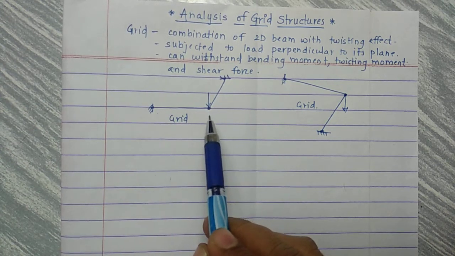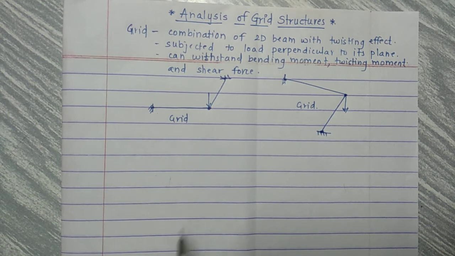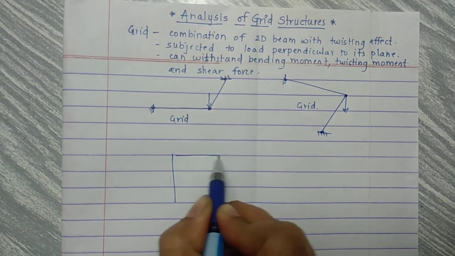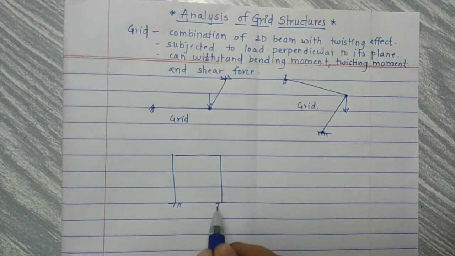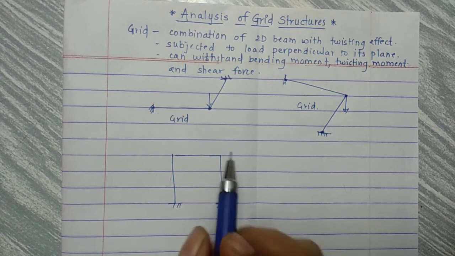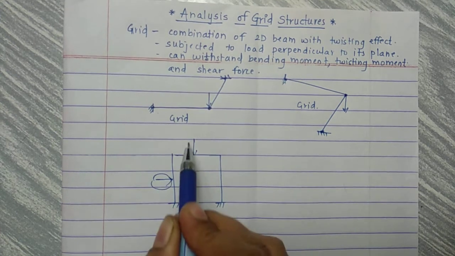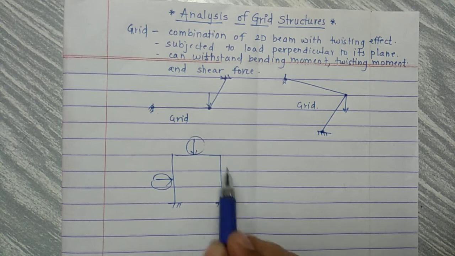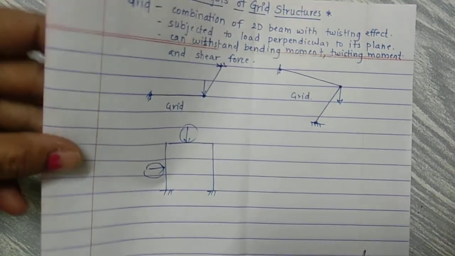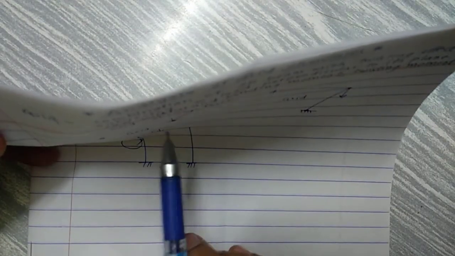Okay, now let us know the difference between the grid and frame structure. So for a frame, just a simple example, a portal frame. We have solved the problems of portal frame, right? That portal frame is loaded with some load this way. That means whatever the loading on that portal frame, it is within the plane of that frame. Just consider this paper as one frame. So if this is the frame, the load is acting in that plane.